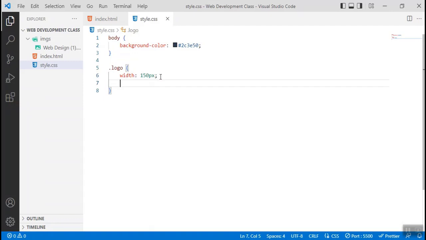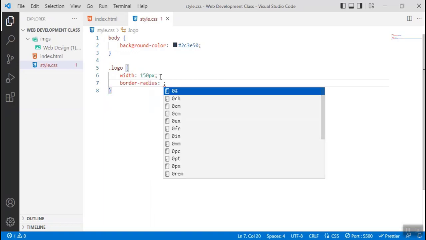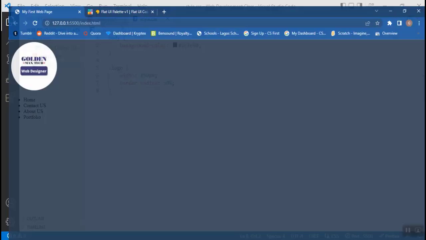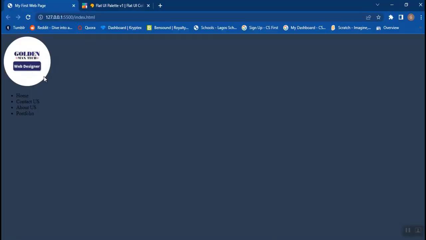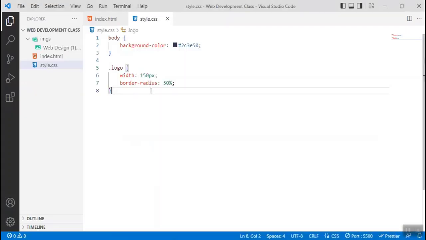So let's take, for instance, I want to use maybe a border radius, and then I put 50% of border radius to turn into a circle, a round logo. That is good. Okay, and then the next thing is to style